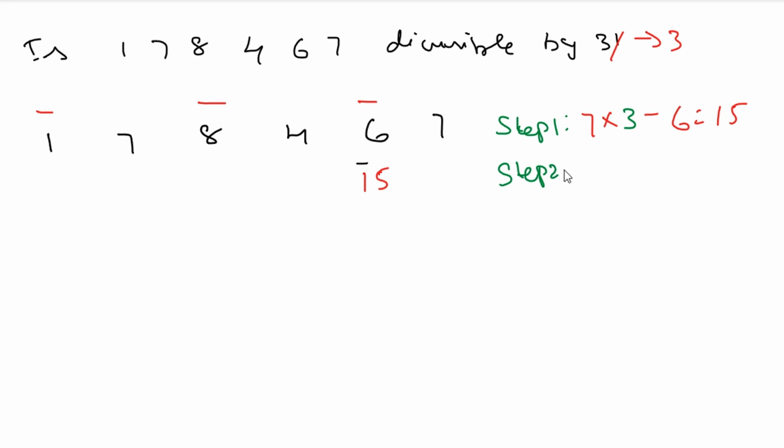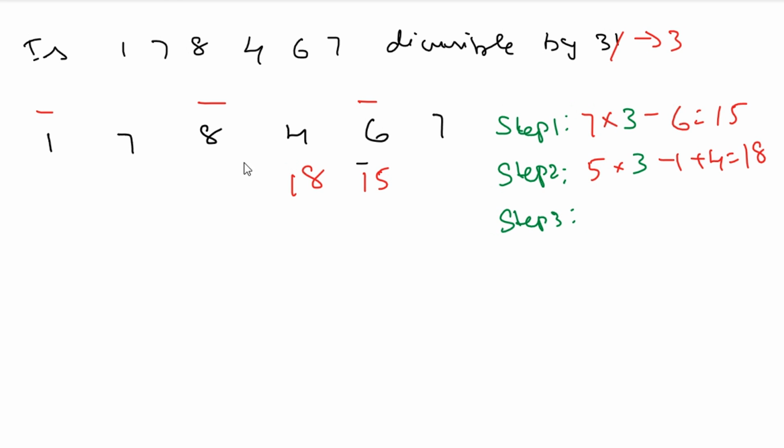What is step 2? You will multiply the unit digit of 15, that is 5, with an oscillator. What is the oscillator? That is equal to 3. Then you will subtract 1, and then you will add this one. Why? Because this is a positive value, plus 4. So 15 minus 1 is 14, plus 4 equals 18. You will write down 18 at the bottom of this number.